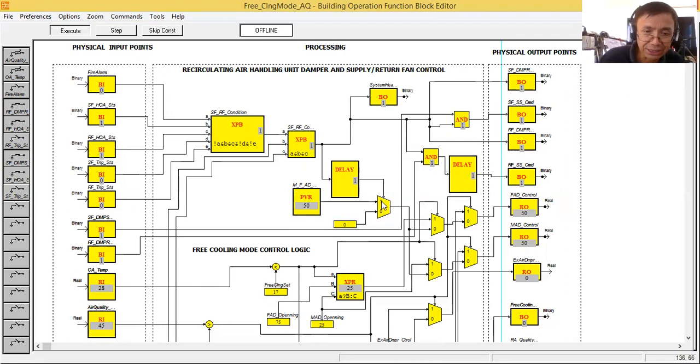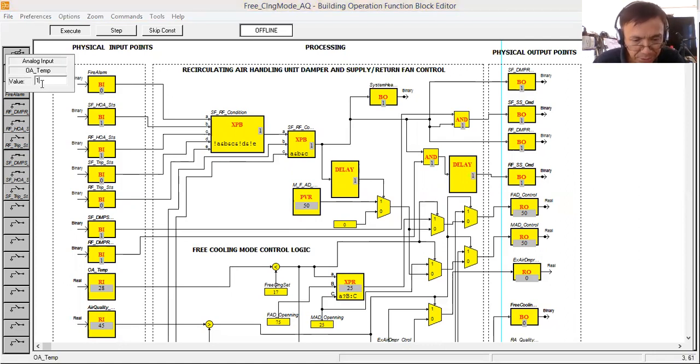Now let's say my temperature outside becomes cooler, so it's suitable for cooling the area being served by the air handling unit. So I will play with my outside air temperature. Let's say my ambient temperature is 15 degrees.